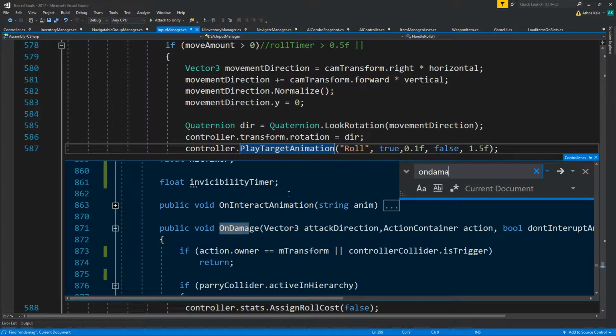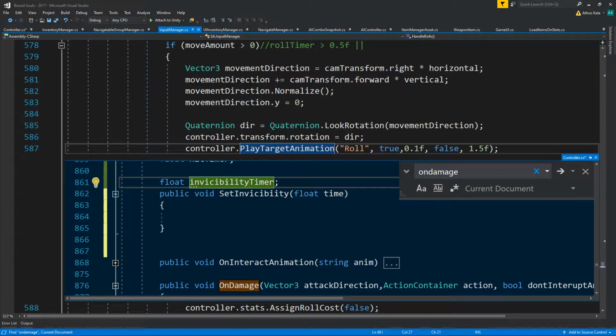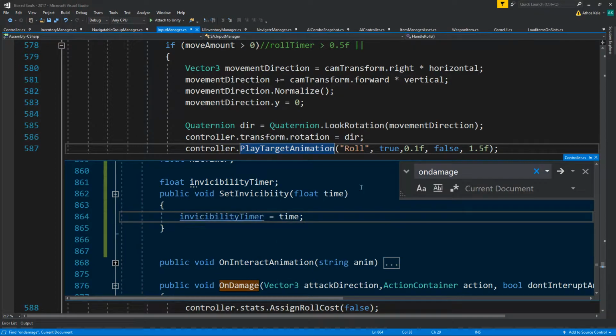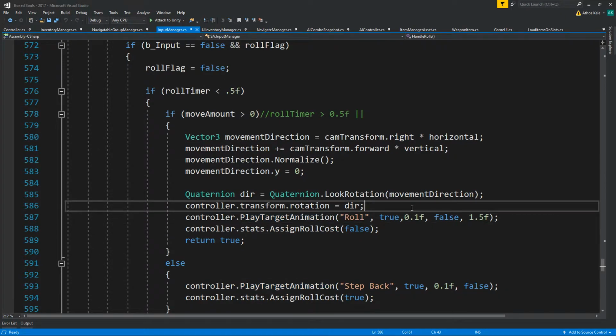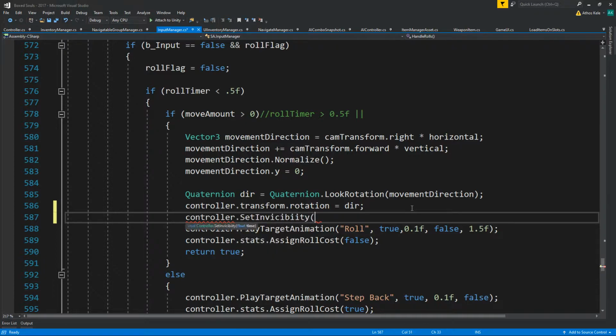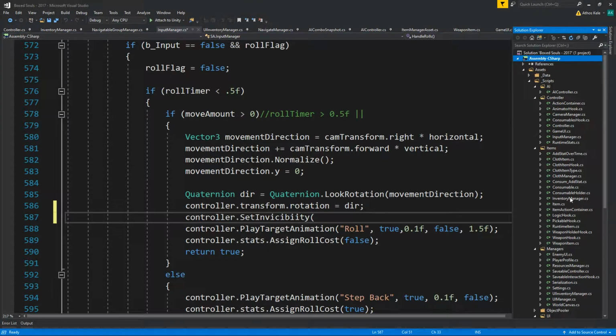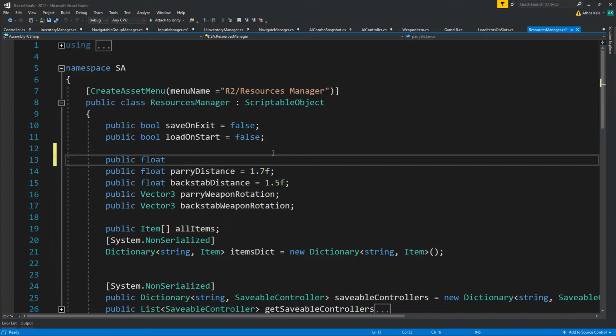So we could just use, let's do on damage again, public void set invisibility amount or time, and then invisibility timer equals time. How much this invisibility time is going to be, we will find out about in a bit. Controller dot set invisibility. Let's add this inside the global settings or our source manager, and let's do public float